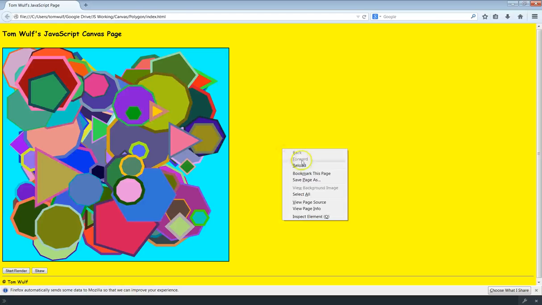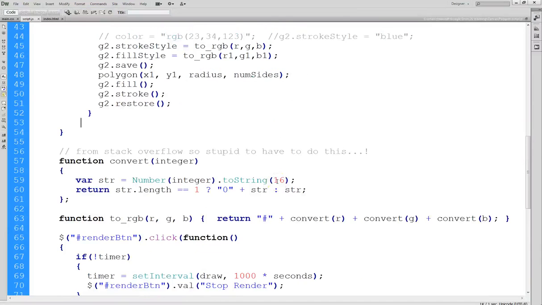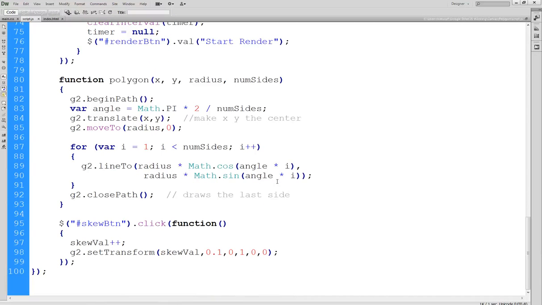So I'm going to stop it by reloading it. And we'll pop back into our code. So as I mentioned, Connor Esslinger gave me this code, and this turns out to be a fairly elaborate transformational matrix, which is based on linear algebra matrix manipulations. And I've got to be honest with you, it's been a long time since Tom took linear algebra, and so I'm not real good at it. But this is actually a custom